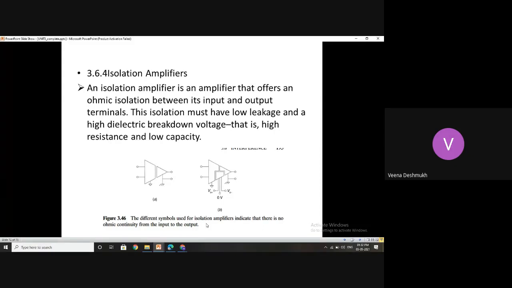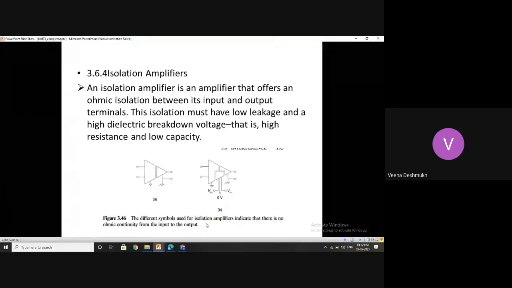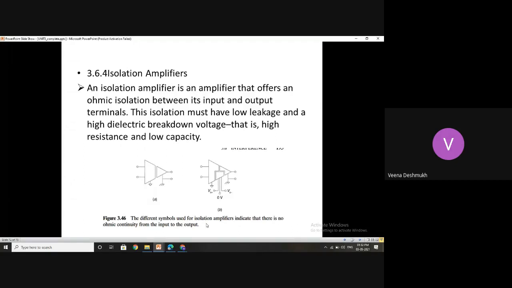If it is of the current type, then you require more current there, so the ohmic resistors which are present, plus the capacitive couplings if they are there, have to be taken care of. There should not be any blockage due to presence of the capacitors. Under such cases, the shielding and all play a very important role. In the next unit, we will be studying these things in detail.